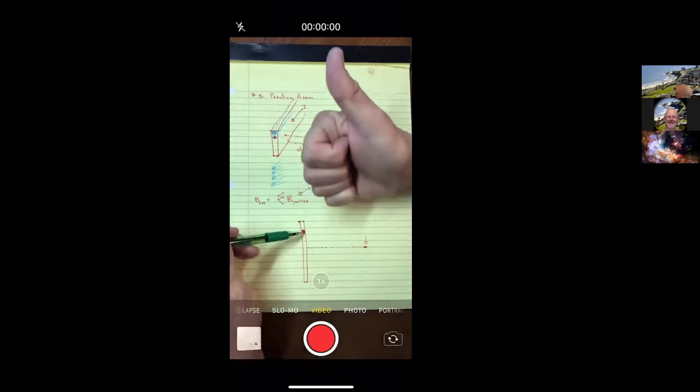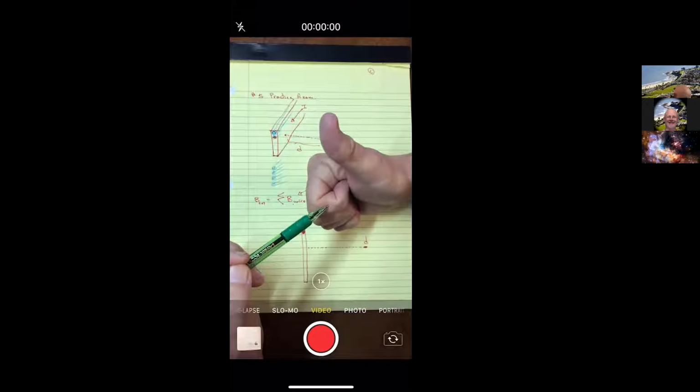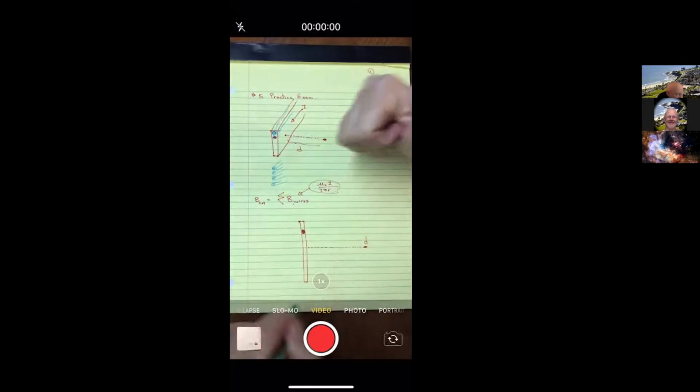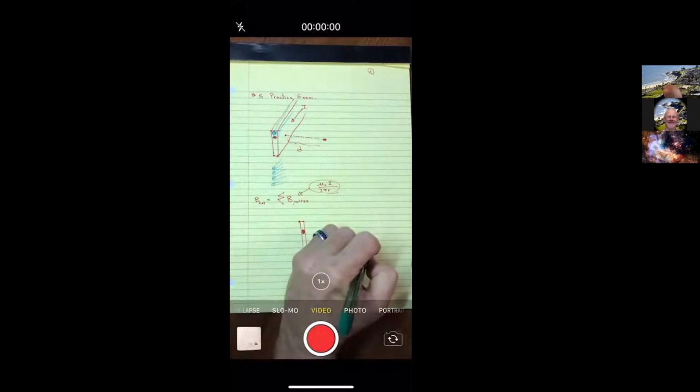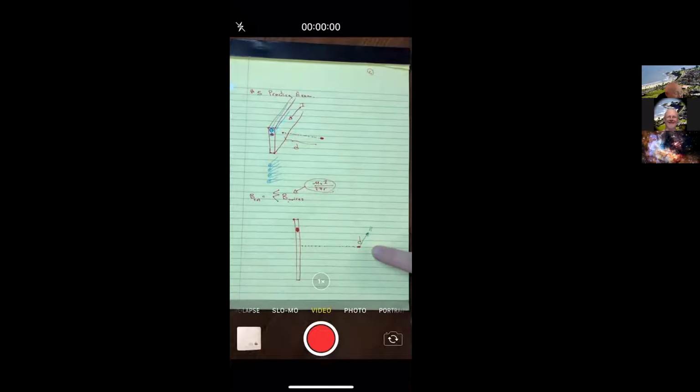So what I have is a straight current, so I'm going to use my thumb for the current, and my fingers are going to be the field. If I hold it this way, the field would make these big circles around here. So the field would be pointing off in this direction. Now, the reason it's important that we understand the direction of that field is because we're adding a bunch of